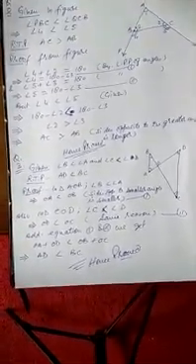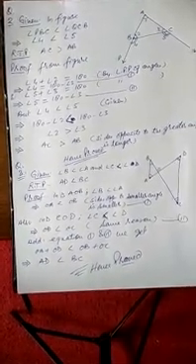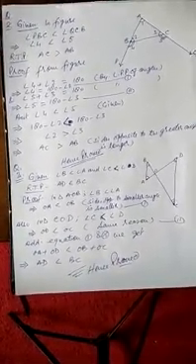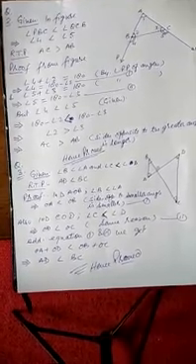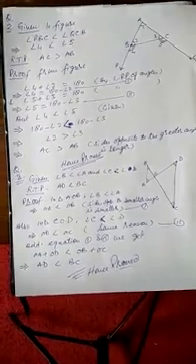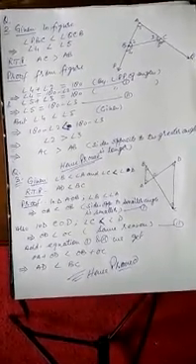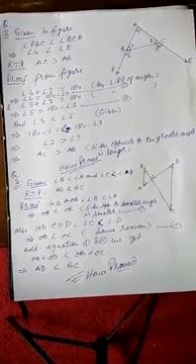Now you see question number 3 of the same exercise. The figure is given. In the given figure, we are given angle B is smaller than angle A and angle C is smaller than angle D, and we have to prove that AD is smaller than BC. Now you see the proof. In triangle AOB, angle B is smaller than angle A. It is given. So that means OA is smaller than OB. Reason: the side opposite to the smaller angle is smaller.